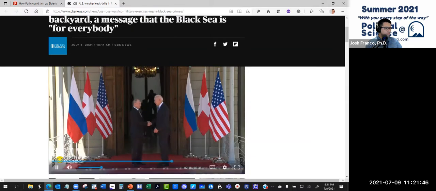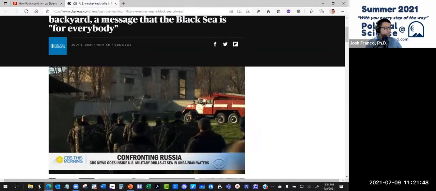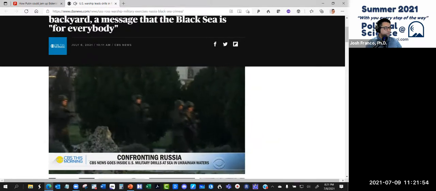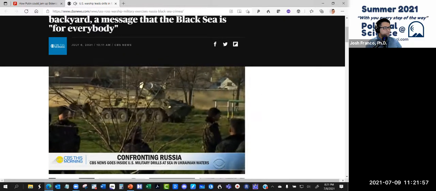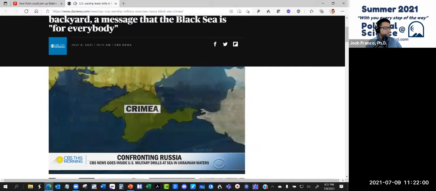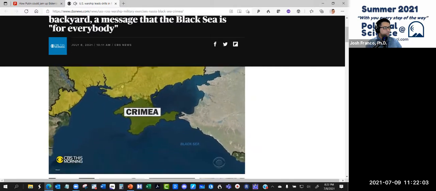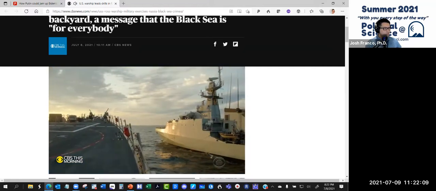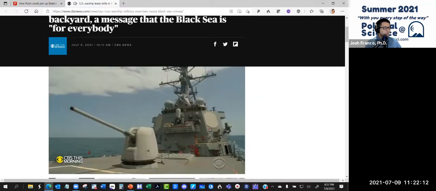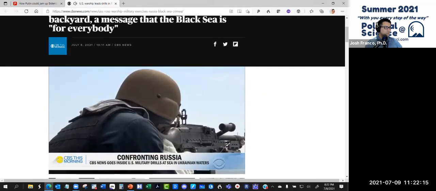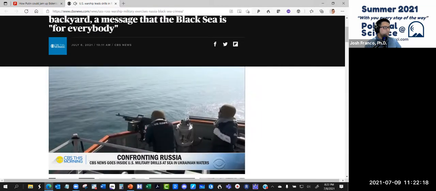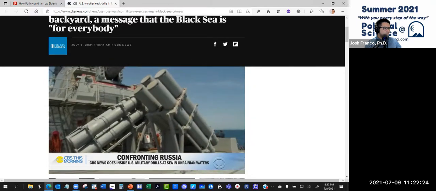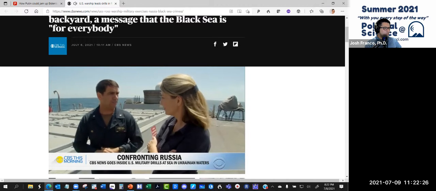As tensions between the US and Russia have ratcheted up, the Black Sea region has become the scene of confrontations. Russia sent soldiers to illegally seize control of the Crimean Peninsula from neighbouring Ukraine in 2014. And Russia claims the British ship was sailing in what are now its territorial waters. The US and its allies don't recognise that. Russia's threatened to bomb foreign warships that sail into those waters in future. The training exercise was several miles away, and the USS Ross is heavily armed with Tomahawk and Harpoon missiles and torpedoes. Commander John calls it the Swiss Army knife of US warships.